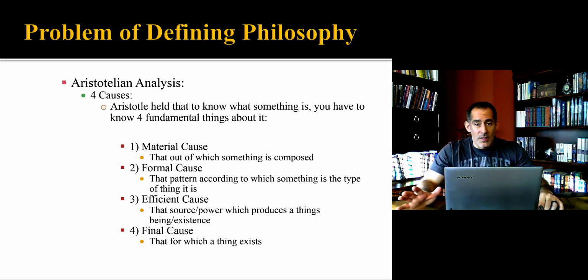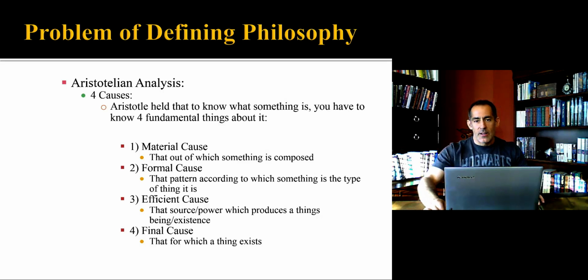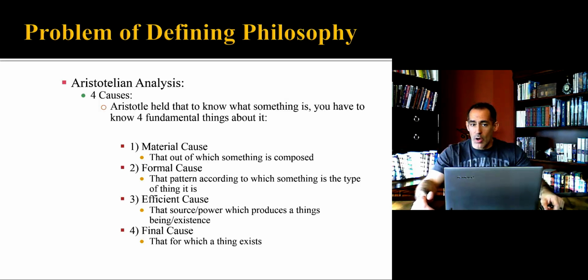Now, when Aristotle talks about understanding or defining any particular thing, he says you can't understand it completely unless you know the causes of that thing. And for Aristotle, there were 4 causes that he could talk about, which I've got listed here. Every elementary student of Aristotle should be familiar with the 4 causes. They're called the material, the formal, the efficient, and the final cause of a thing.